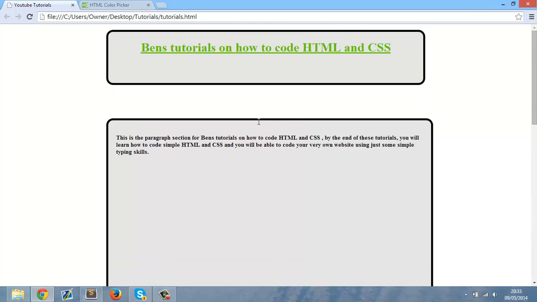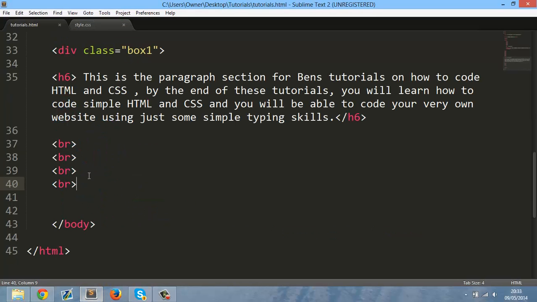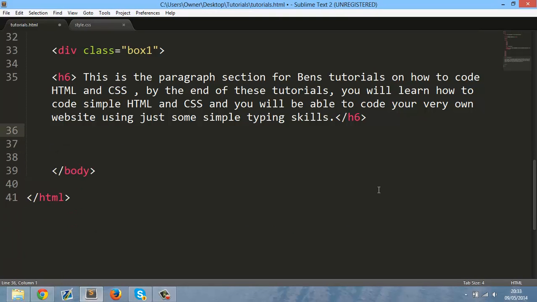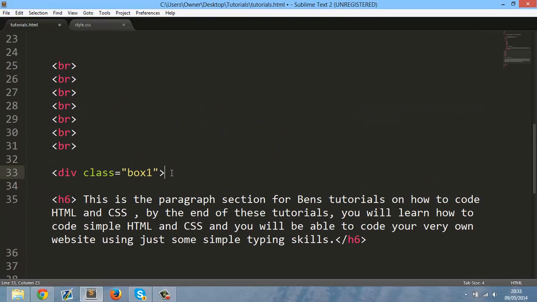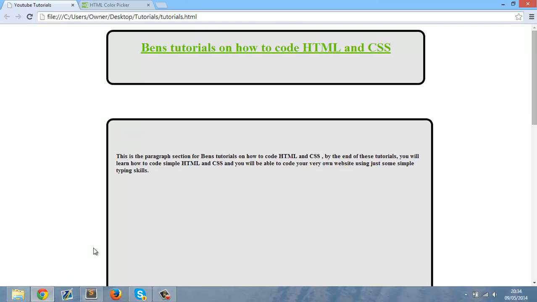Say if we want to put a title above this text right here, what we would do is simply, before we actually do this right here, you put a heading tag. I'm going to put heading 2 because it suits this font size for this heading. We put tutorial paragraphs and then slash heading 2. And then if we go back onto this,